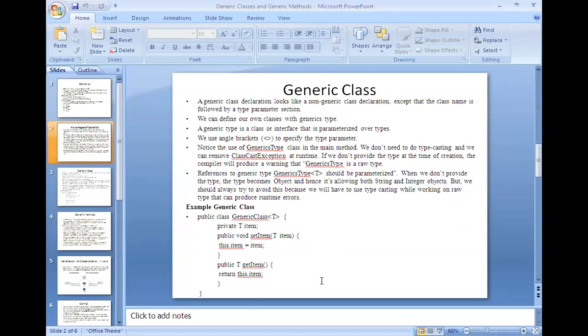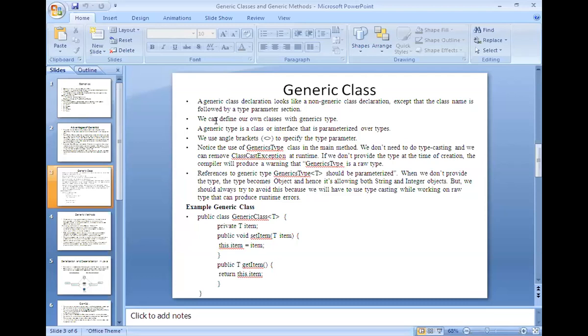Now let us talk about the generic class: how to define a generic class, how to access it, and in what way we can implement it. These all things we will see now. A generic class declaration looks very similar to an ordinary class. Here also you may find data members as well as member functions, except that the class name is followed by the type parameter section.